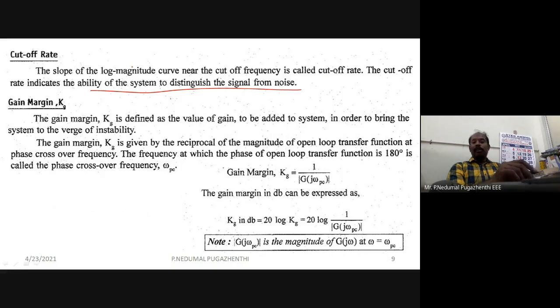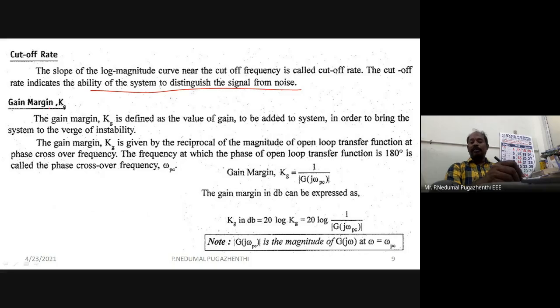Then come two more most important specifications from which your stability can be commented on. The first one is gain margin, the second one is phase margin. This gain margin provides you the value of how far you can vary the gain to keep your system inside the stable limit. The variation of the gain value changes the dynamics of the system, and the maximum value of the gain so that your system remains inside the stability limits is called the gain margin. It provides you the marginal value of the gain.